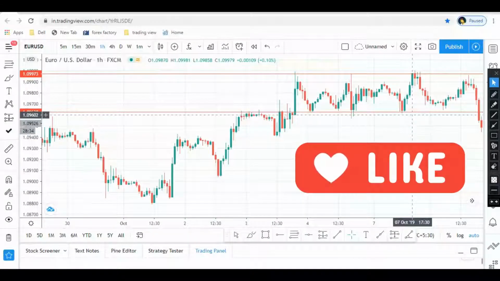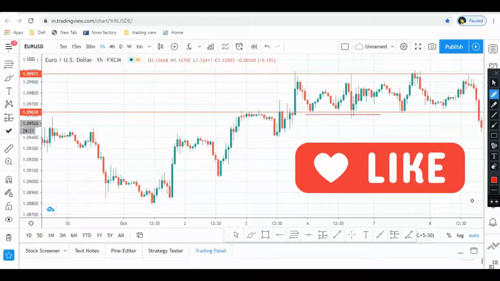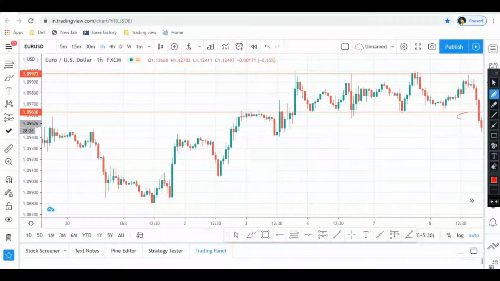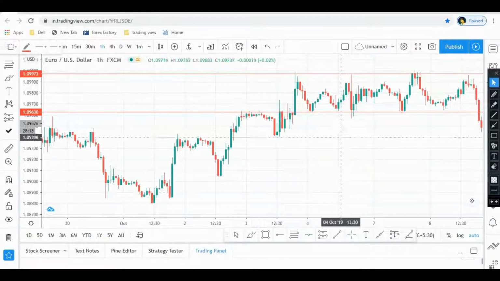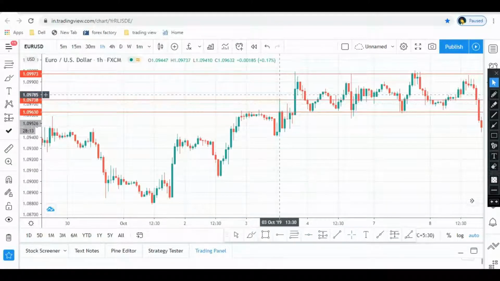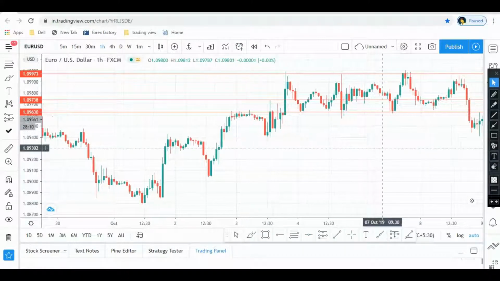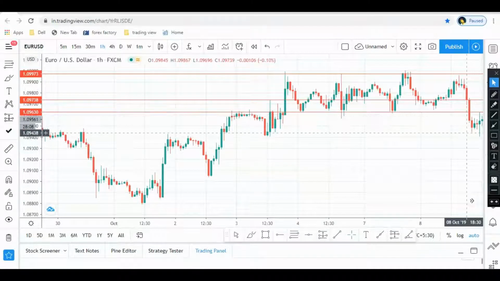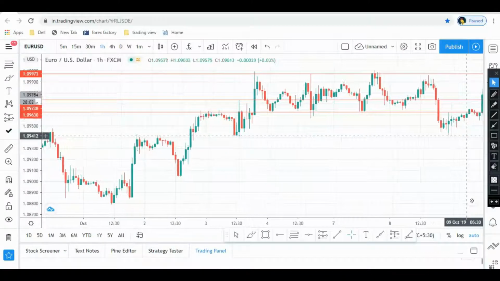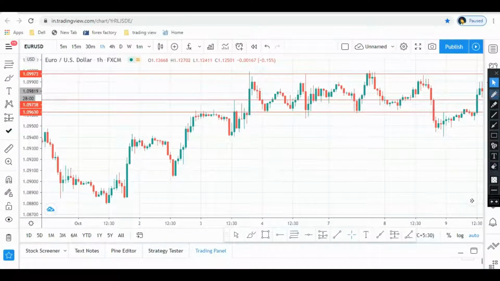So as I can see, price has broken out of this particular support zone. What I will simply do, I will wait till price reaches this particular area. Once the price reaches this area, I will place a sell order. And what will be my stop loss? If the price goes beyond this line, then I will close my trade at a loss. So just now price touched this line, and this will be my take profit. So you see, price hit this line and gave me a profit.